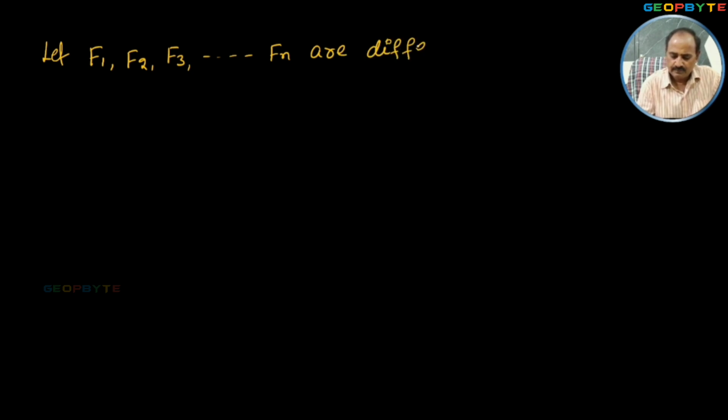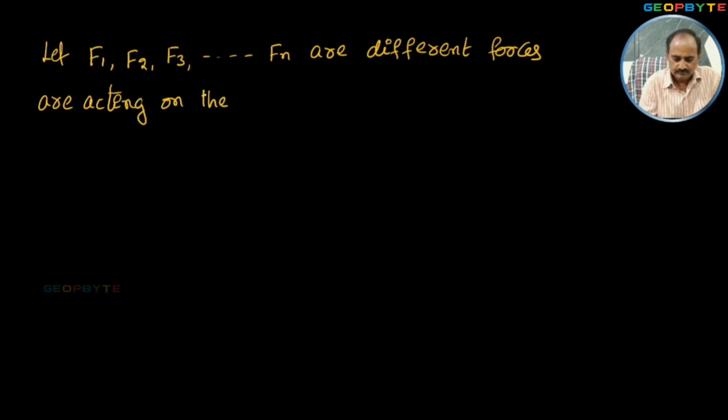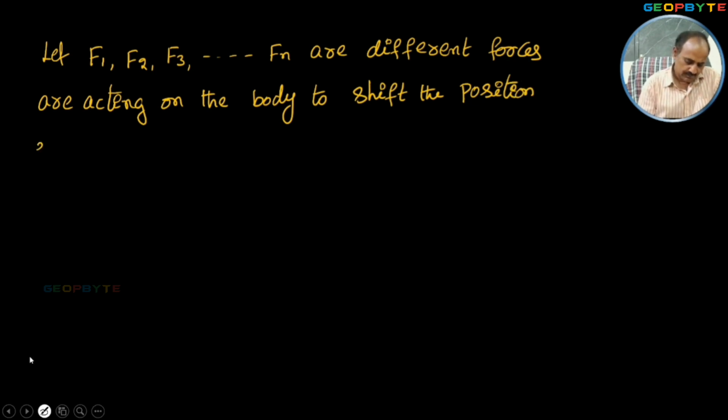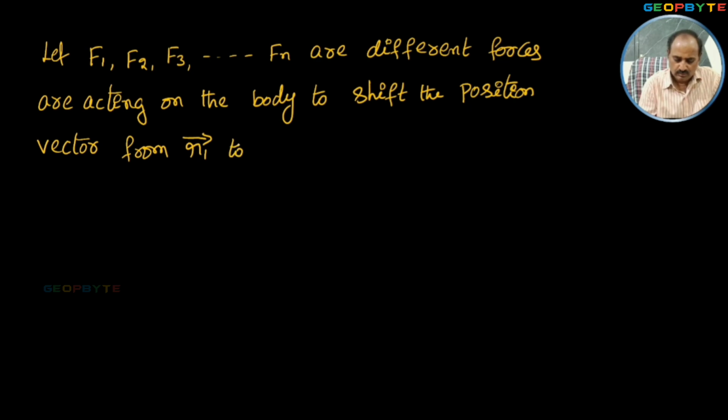Let F1, F2, F3, and so on up to Fn be the different forces acting on the body to shift the position vector from r1 bar to r2 bar, then work equal to